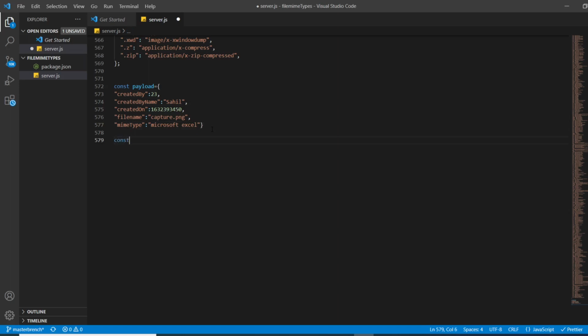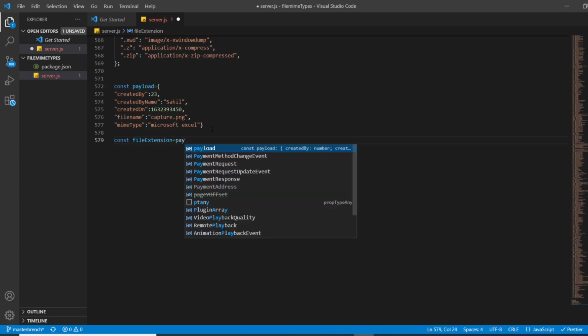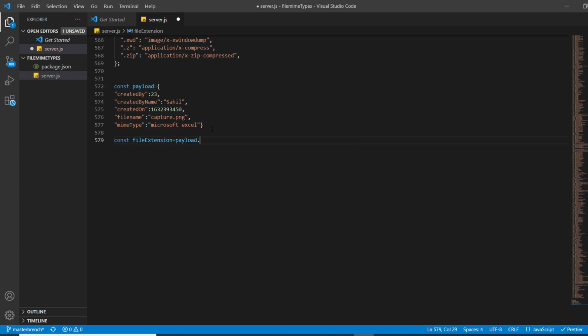So what we can do, like const, and let me write the name according to what I'm going to get here: file extension. Okay, file extension, and then I'll use this payload, and then dot file name.